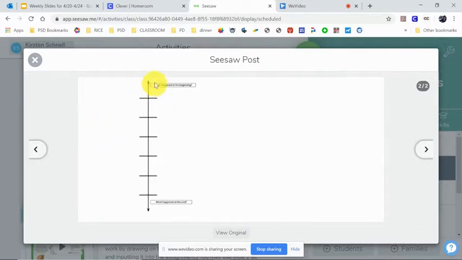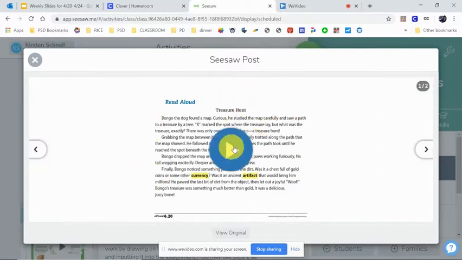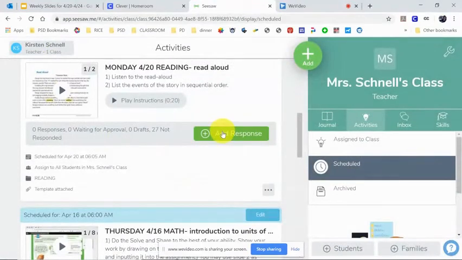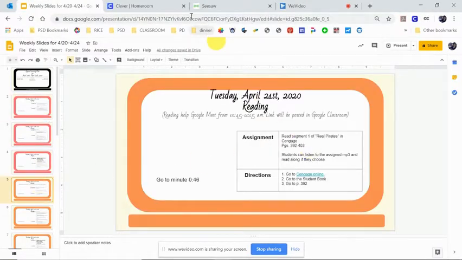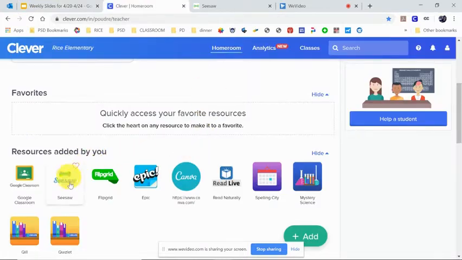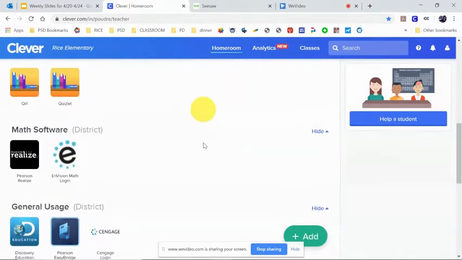So whatever happened at the beginning of the story as far as events go to what happened at the end of the short story. And then they can add their response here. If they need another option, or not an option, but in addition to this, what students can do is they can go into Cengage,